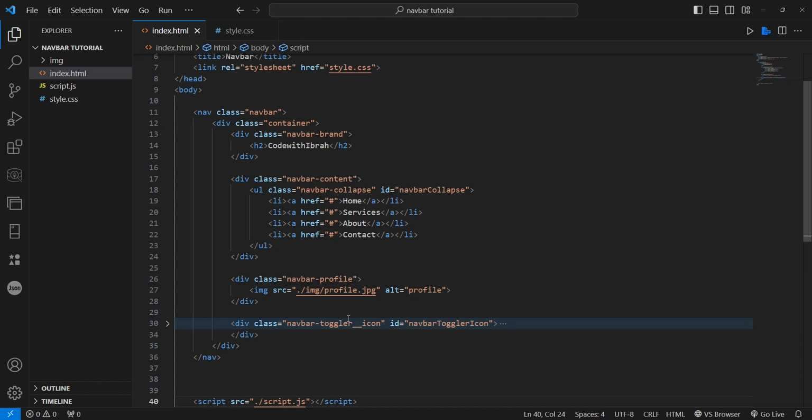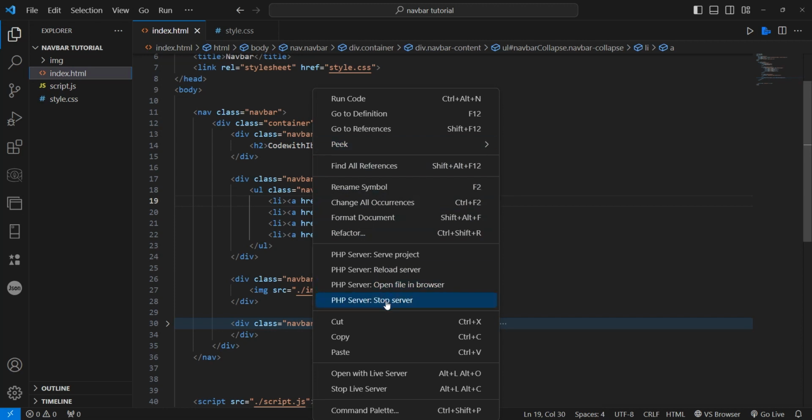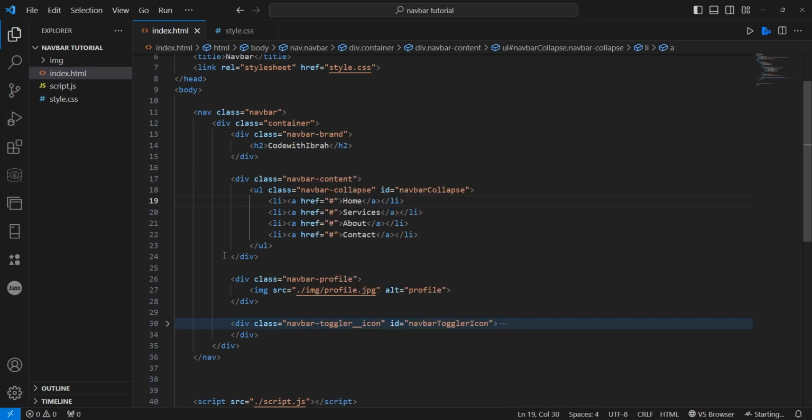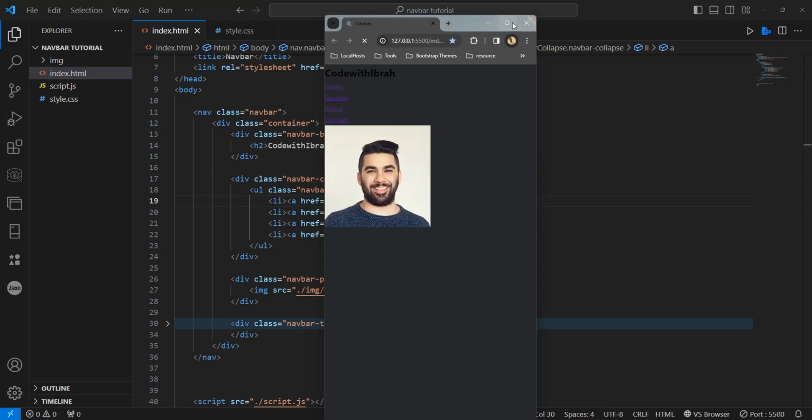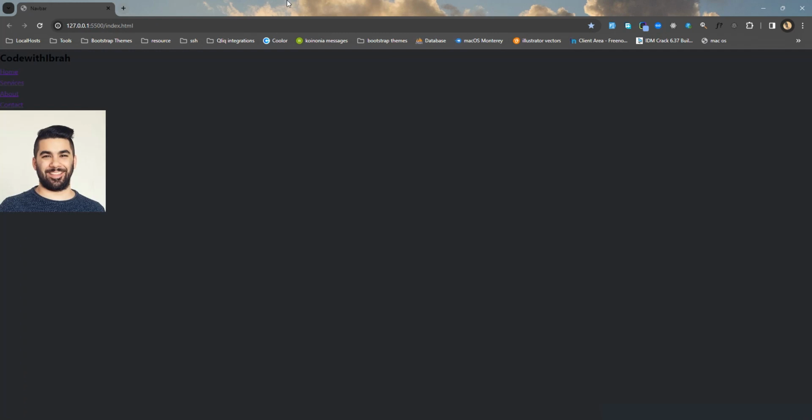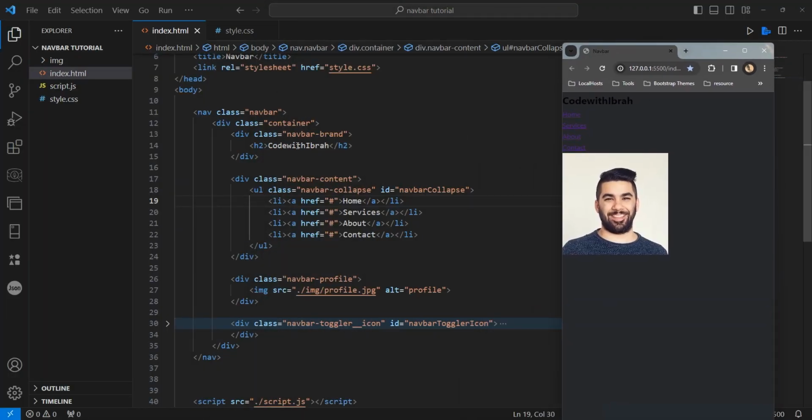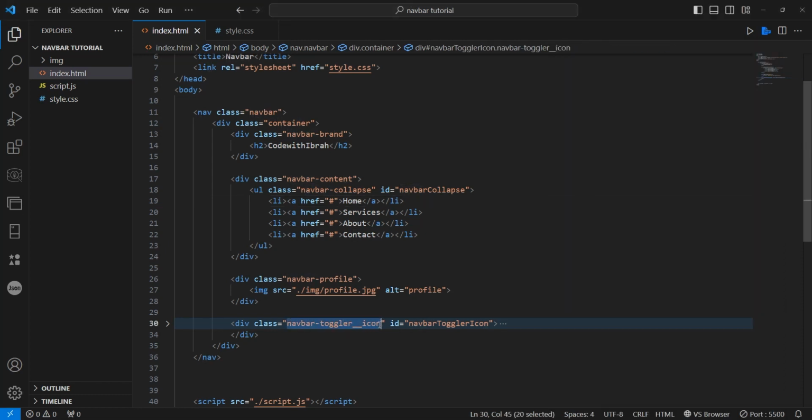Now let us open the live server to look at the changes. I just right click and then I go to open with live server. So at the moment this is what we have. We have the brand, that is codewithibrah, and then we have the home, the services, about, and also we have our profile picture. And then the last thing is the navbar toggler. This is the icon that when you click on it, you see that